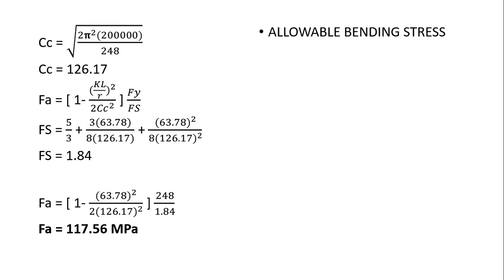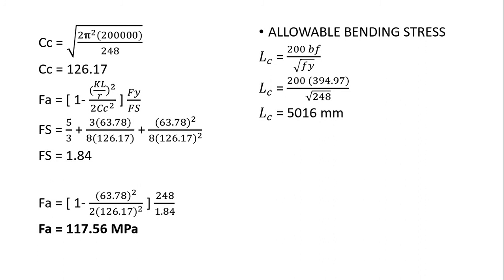And then, the allowable bending stress na pod. So, same sa pamaagi na pod kaganiha. So, LC is equals to 200 times BF over square root of Fy. So, Fy nato kay 248 man. So, LC is equals to 5,016